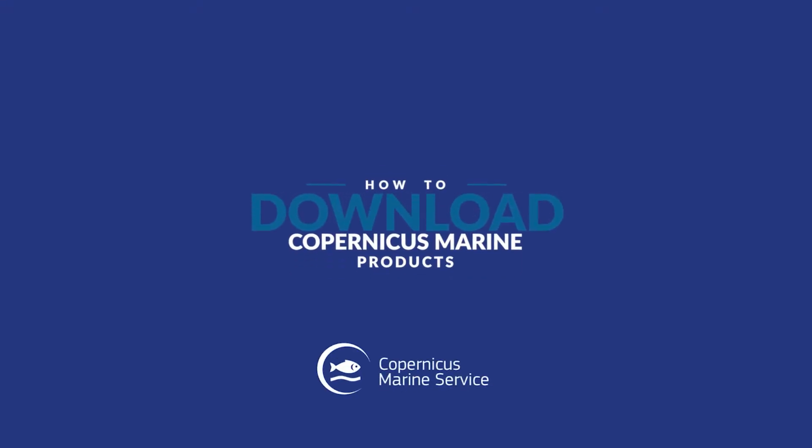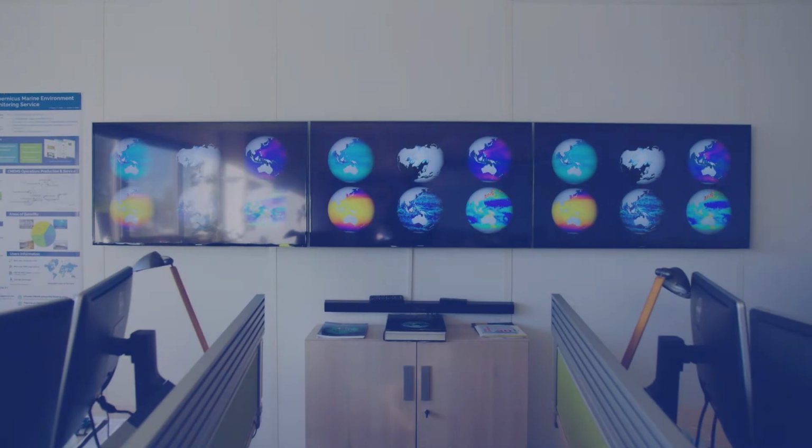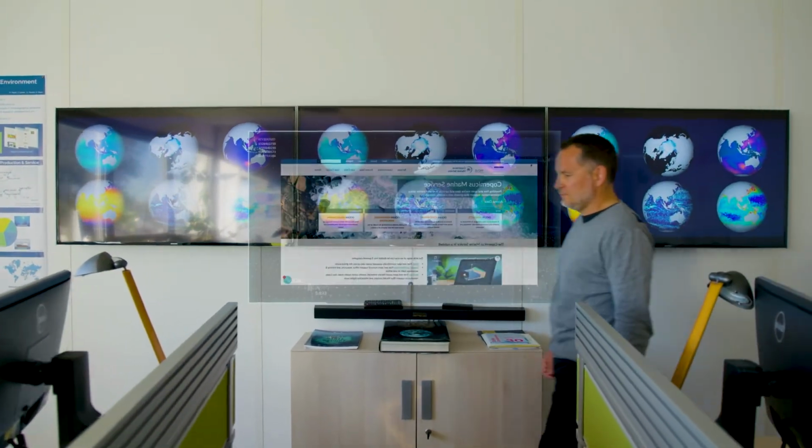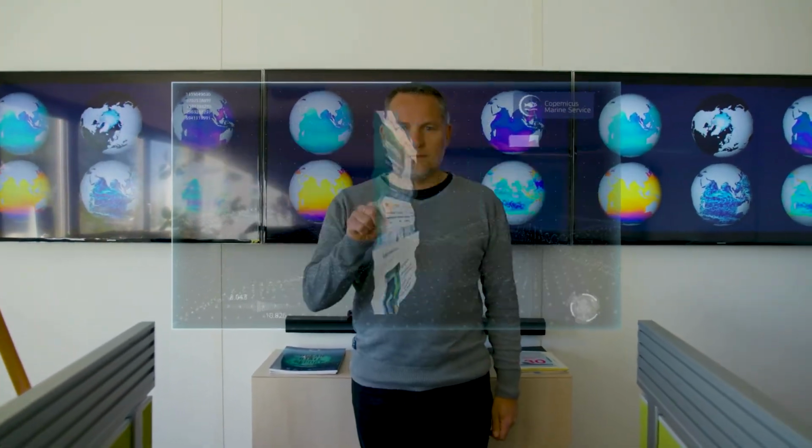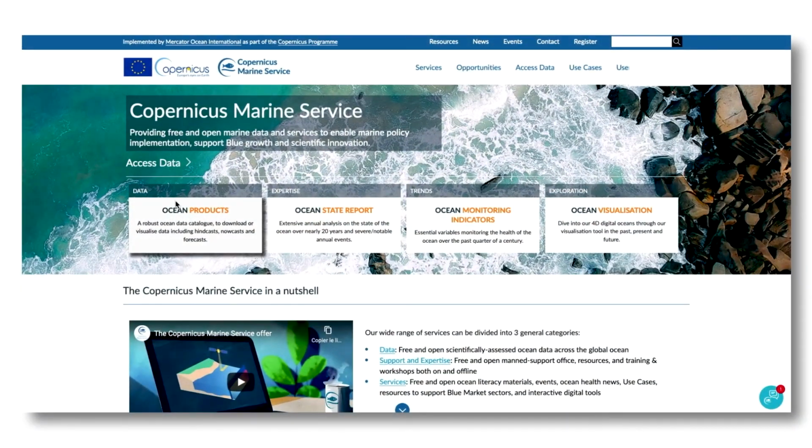The Copernicus Marine Service offers free-of-charge ocean data and information that is sustained over time and user-driven. Whether you are a scientist, a maritime business, or a curious citizen, you can find ocean data and knowledge to fit